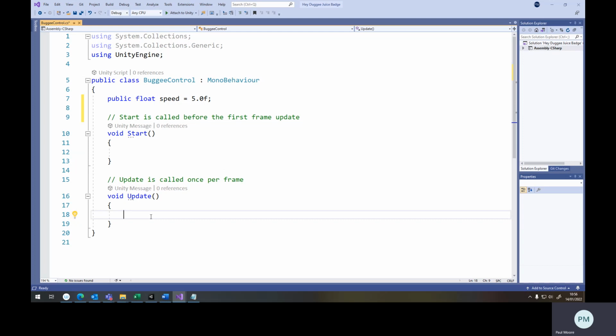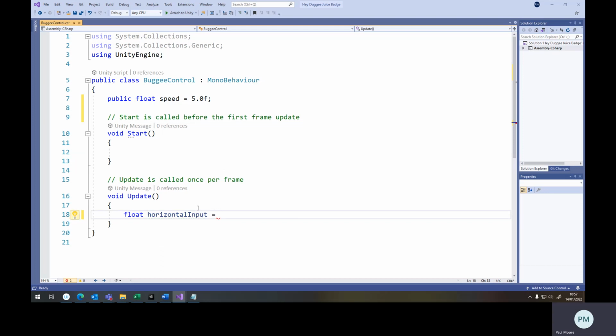And I'm going to declare another variable that is going to specifically be linked to the movement. I'm going to give this one a float value. So this is again going to be a decimal. I'm going to call it horizontalInput. Notice that I'm using camel case there, so I'm using a capital letter at the start of each new word. So I've got horizontal, then capital I for input. This is going to help me to track all of my variables and constants. And I'm going to say that equals,